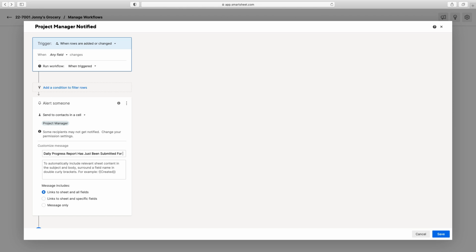And if you do two brackets and you type in one of the names of one of the columns, it will automatically fill that column information in for you from that row. And this will make a little more sense when I test it here, and I'll show you. New form has just been submitted for